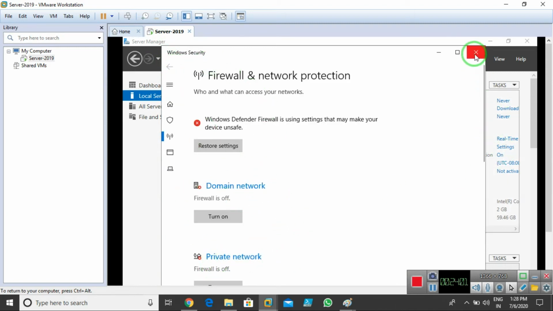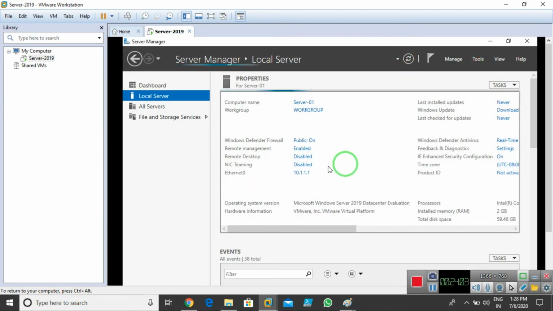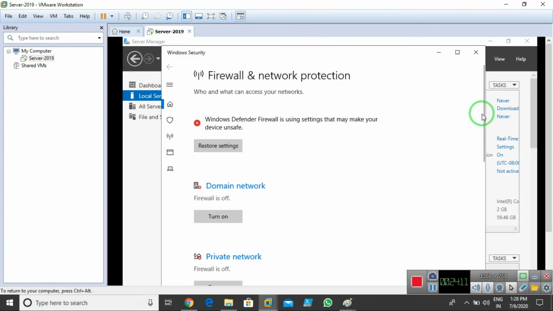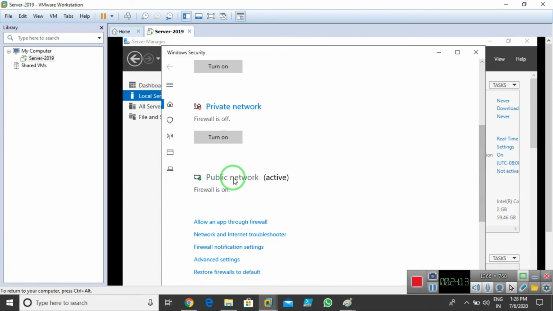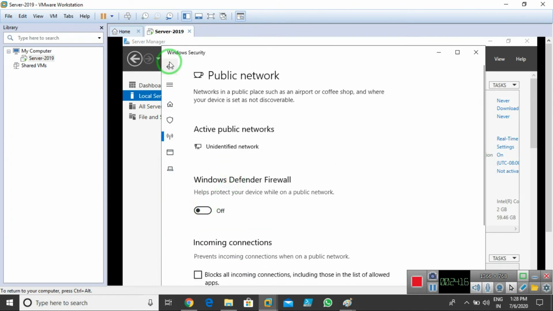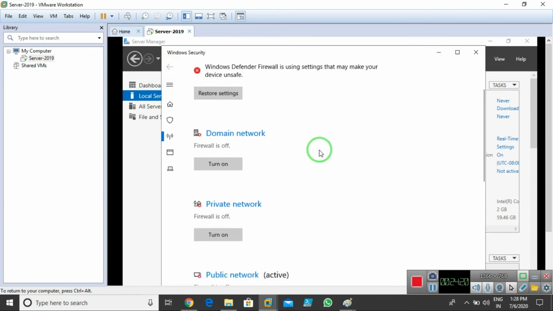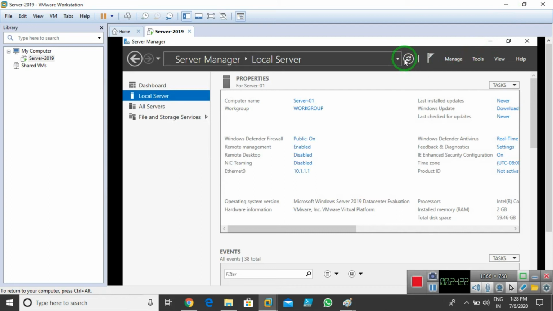I just click on Refresh again. It's showing me it's off. Okay, let's see, it's on again. Public is also there, I need to turn it off. And that's it. Now close and refresh again.